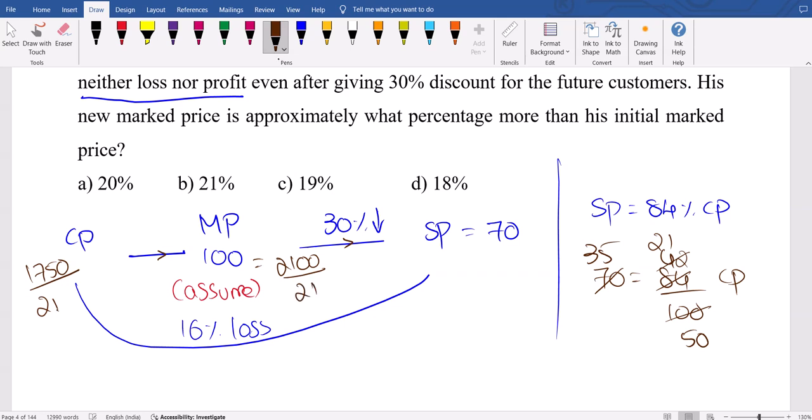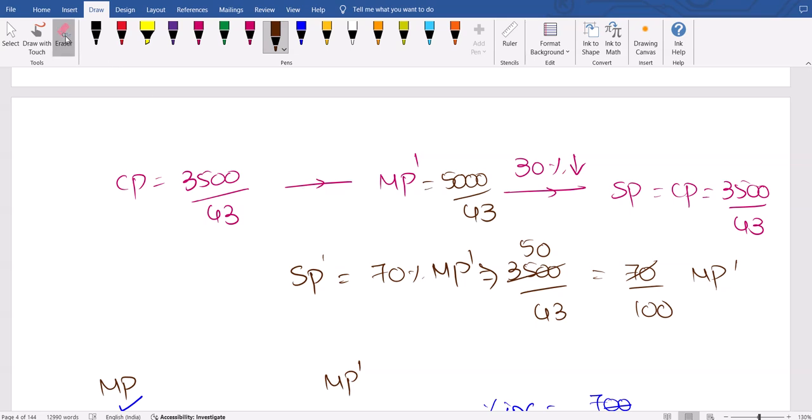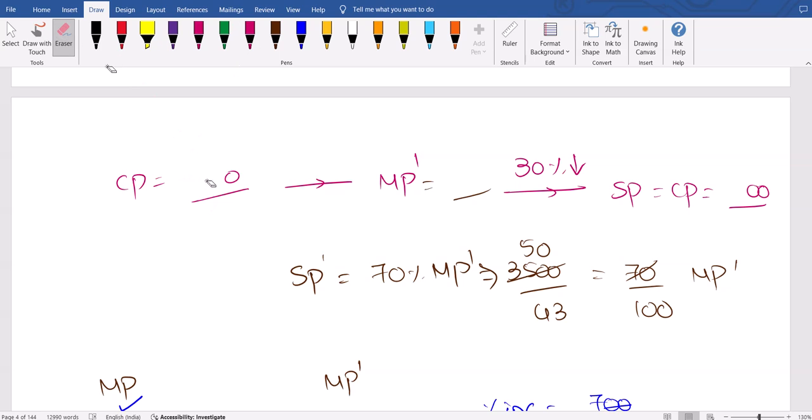Divided by 21 means here also divided by 21 will come, but one small correction. Here, fine. 1750 divided by 21, this will also be modified accordingly. This will be changed. So 2100 divided by, sorry, 1750 cost price divided by